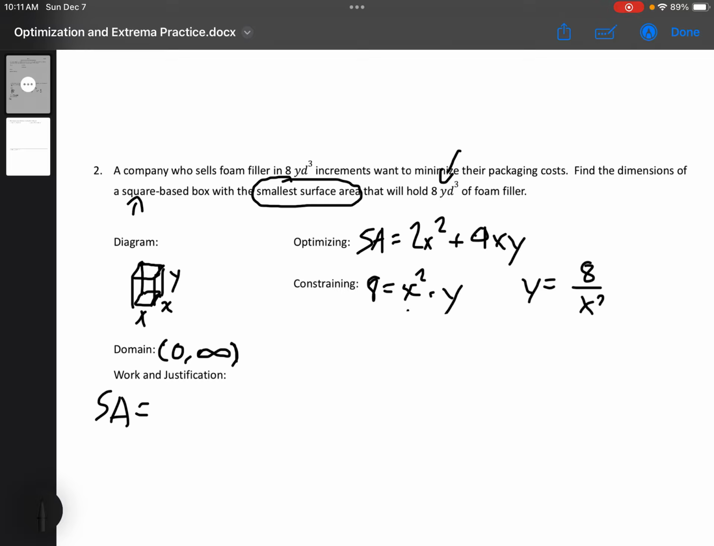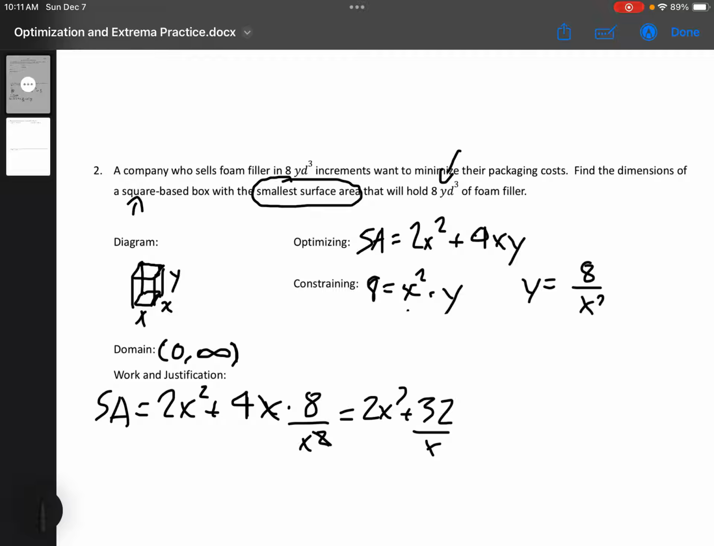So putting that into our surface area equation, we have 2x squared plus 4x times 8 over x squared. And this is just 2x squared plus 32 over x. And then if we want to find,